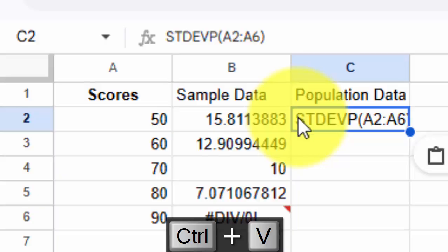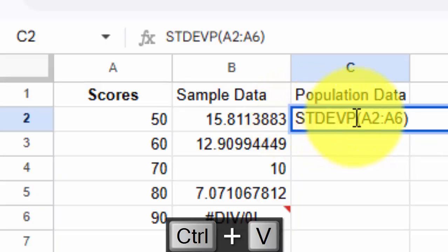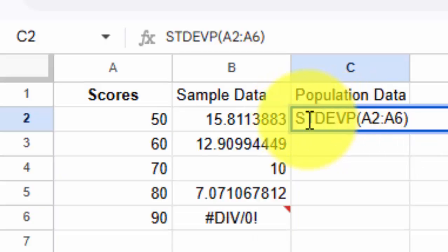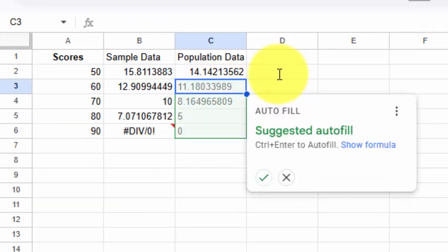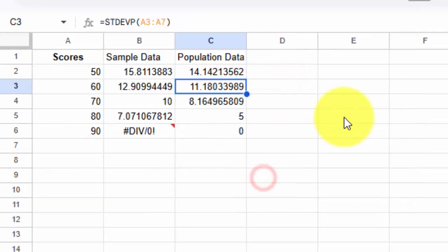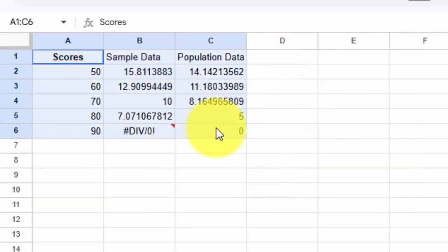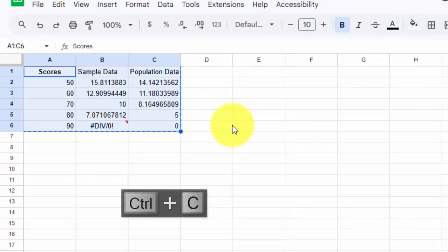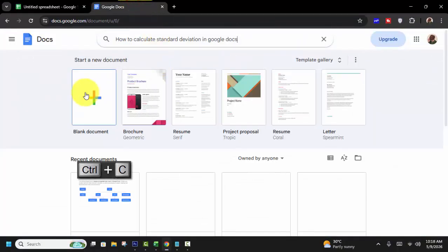See this, simply add P, STDEVP, equal, press enter, autofill. Then select, press Ctrl C for copy, go to Google Docs again, open your document or